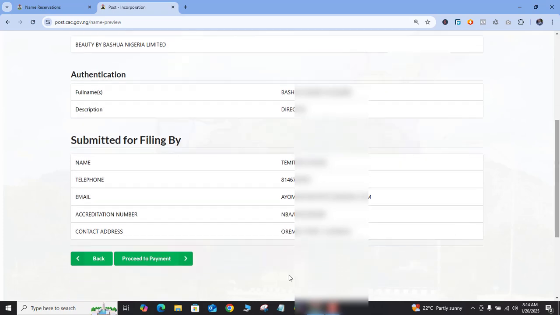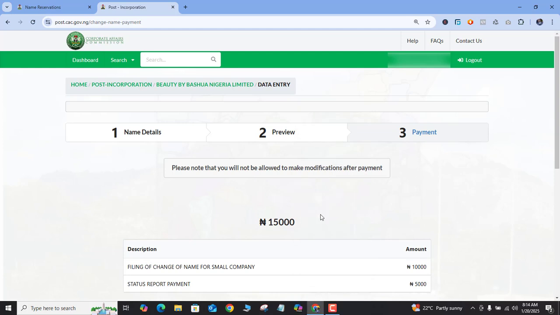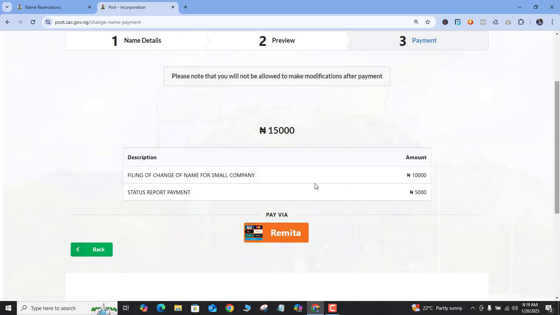And once I'm okay with what I've done, I'll go to proceed to payment. So you can see here, I'm supposed to pay 15,000 naira. Okay, so you're paying filing of change of name for a small company for 10,000 naira, and then you're paying status report for 5,000 naira. So that means these are the two documents that are going to be available for you to download once your